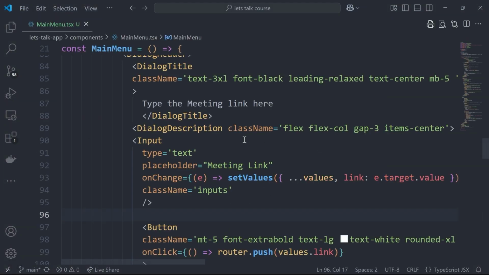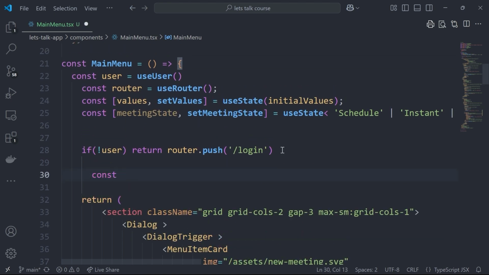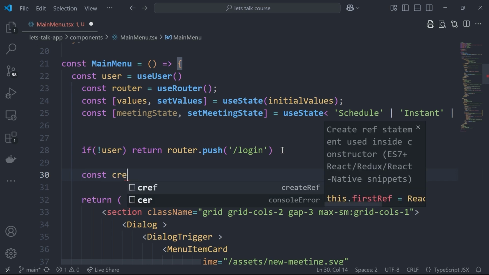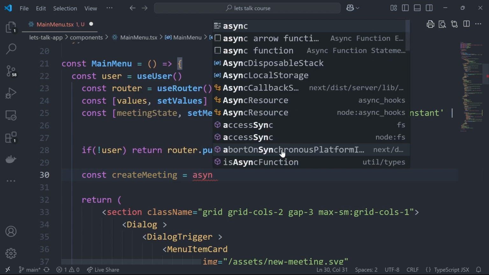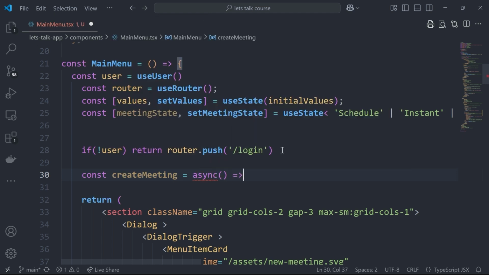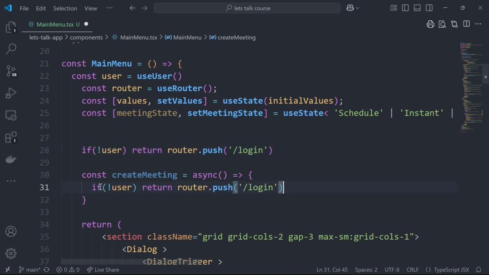Let's go to the main menu component and let's go up here and let's create a function named createMeeting, which is gonna be equal to an asynchronous function. And we're gonna say if no user, push to the login route. And let's say here, if no user, return